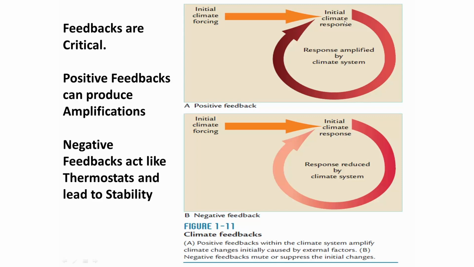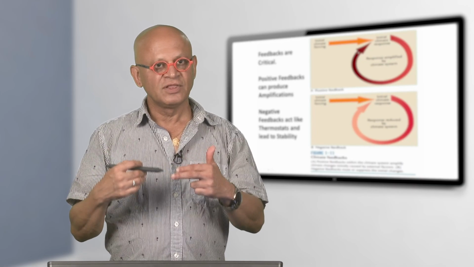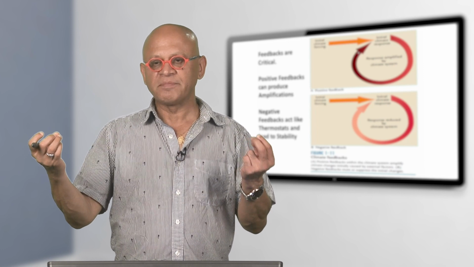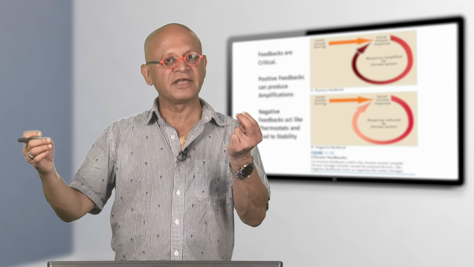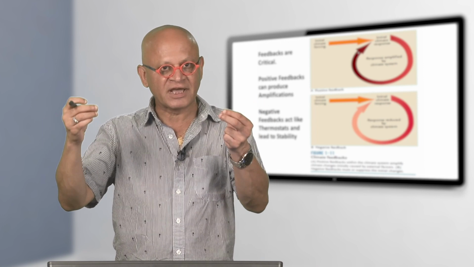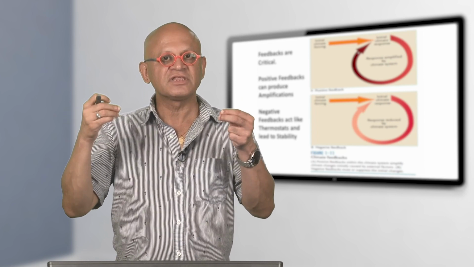So the initial climate response happens to the change in incoming shortwave radiation, the amount of outgoing longwave radiation changes, net energy balance changes, global mean temperature changes, and if the response is amplified by the climate system, then you can have what is called a positive feedback. Think of an example of a parent and a child. A child gets cranky and the parent shouts at the child, then the child gets even crankier, the parent gets angrier. So this is kind of a positive feedback system, okay,